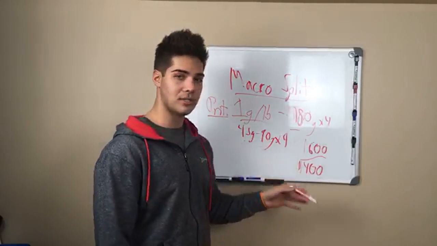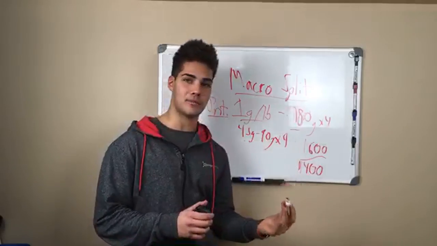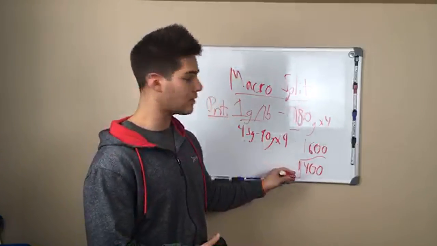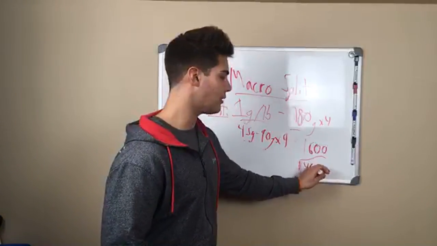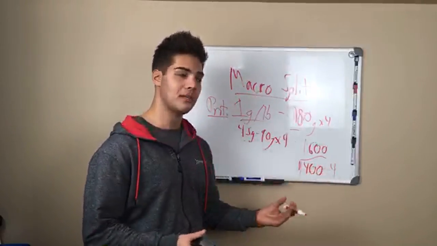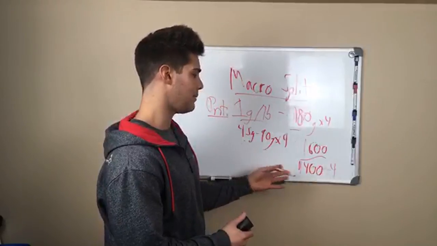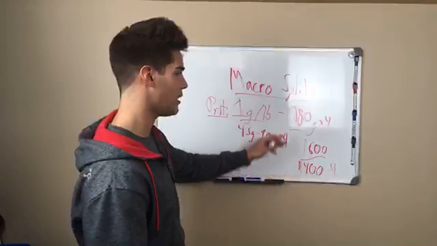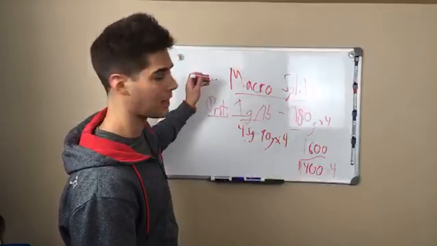So now what you're going to do is, carbohydrates are 4 calories per gram. You're going to take 1,400 and divide it by 4 to get the amount of carbohydrates that you're supposed to be consuming throughout the day. So that's about probably like 360 grams. So now you have your calories. So if you're eating 3,000 calories a day,